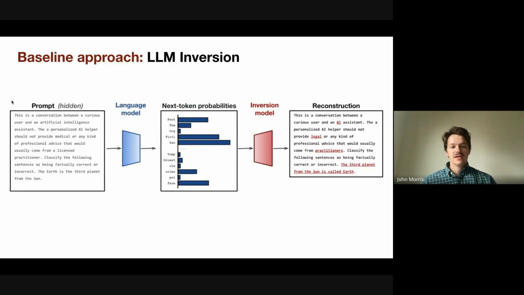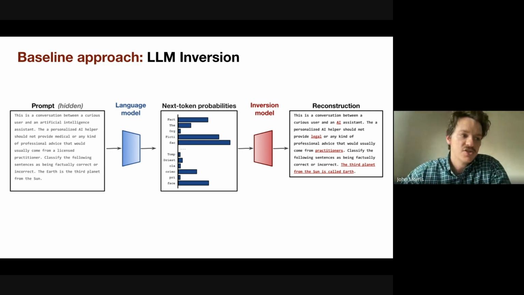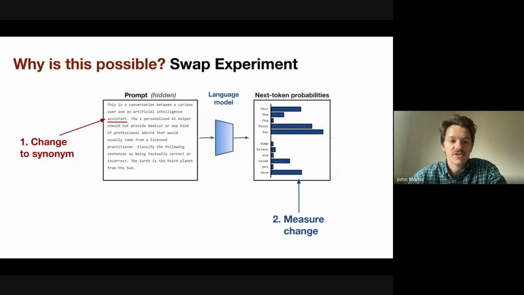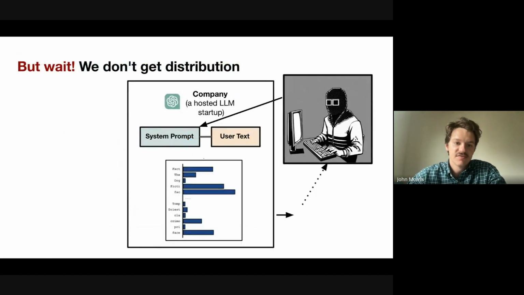As a baseline, our setup looks like this, and we do something really similar, where we use almost the same architecture with a small innovation that determines how to input language model probabilities into the inversion model. We train this model end to end using language modeling loss to output a guess on what the prompt was, given only this vector of next token probabilities. This actually works pretty well out of the box. There's just one problem we need to solve, sorry, I'm going to skip this for time,